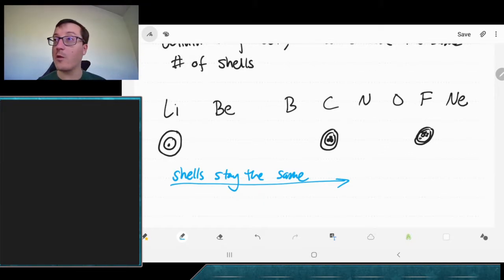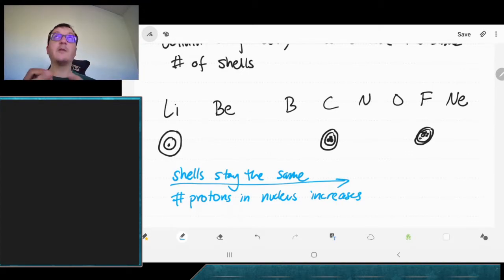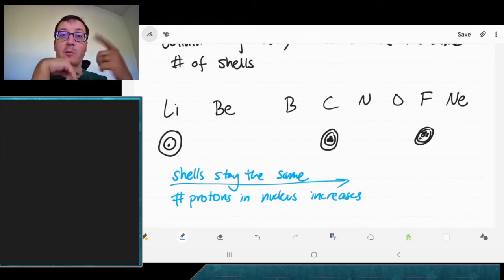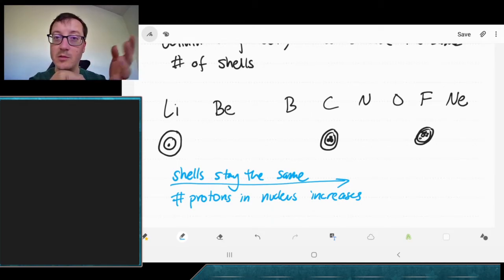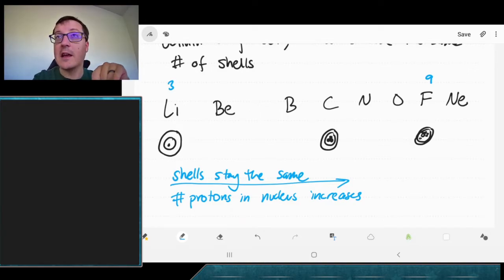But as we know, as we are going across the periodic table, we are adding protons to our nucleus, right? The same number of shells, the same orbits around them, that's not changing, but we are adding more and more protons to our nucleus. Elements are defined by the number of protons. Lithium has 3 protons, fluorine has 9. Neon has 10. We're going to see that because they have the same number of shells, more protons